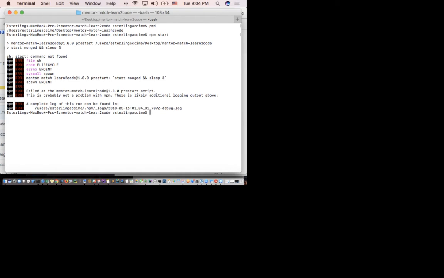So, oh, command not found. I think you were saying you have to do npm pre-start, right? I know, because if you do npm start, it will start the pre-start command. Okay. I guess this is not running because of this issue. I think it's something to happen with my Mongo command. So when I do start Mongo, you see command not found because I didn't configure Mongo to run some command on my computer.